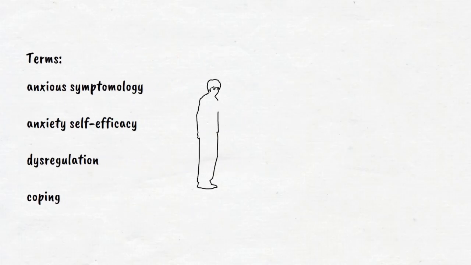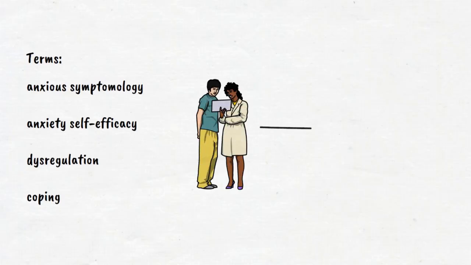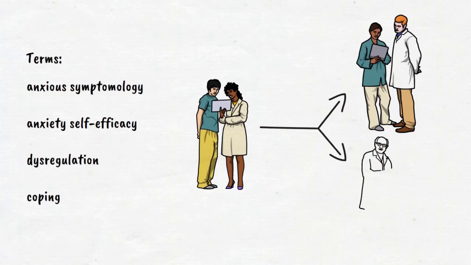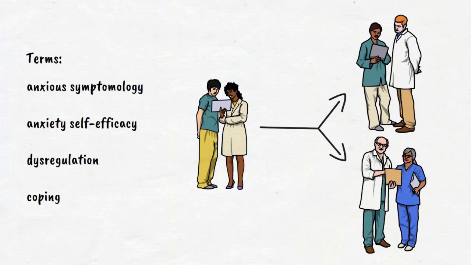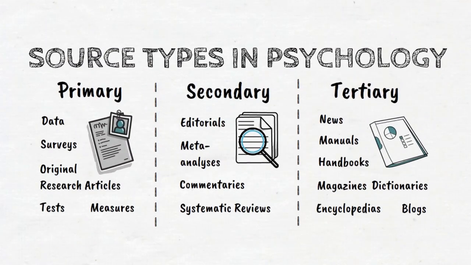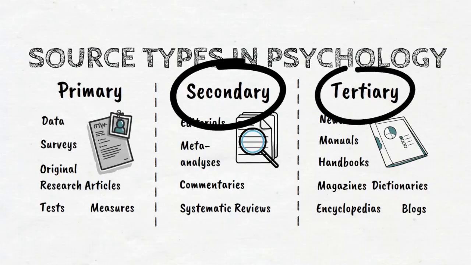Psychological research studies are written by researchers for other researchers. So, the authors assume you as a reader are already familiar with the definitions of variables, disorders, theoretical background, research methods, and how statistics are analyzed, the way someone who regularly researches psychology likely would. Because of this, the study will be harder to understand without that background knowledge. In the next video, we'll cover the secondary and tertiary sources you can use to get the background knowledge needed to understand these complex research articles.